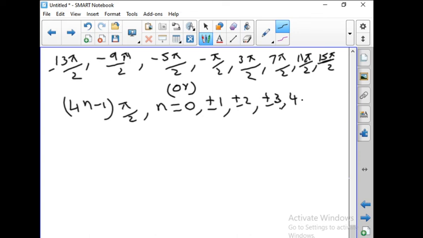So we will do problems under this tomorrow. So when do you call a function even? When f of minus x is equal to f of x, and odd when f of minus x is equal to minus f of x.